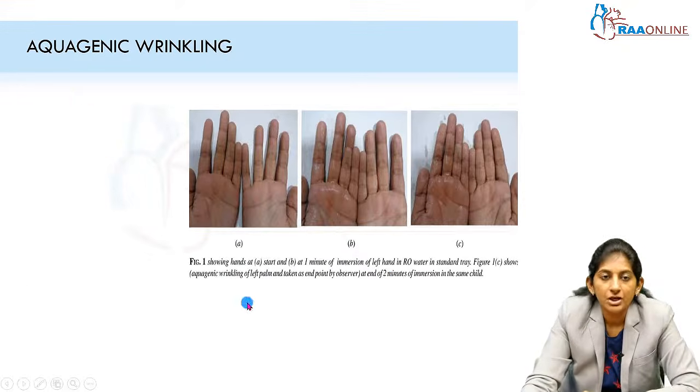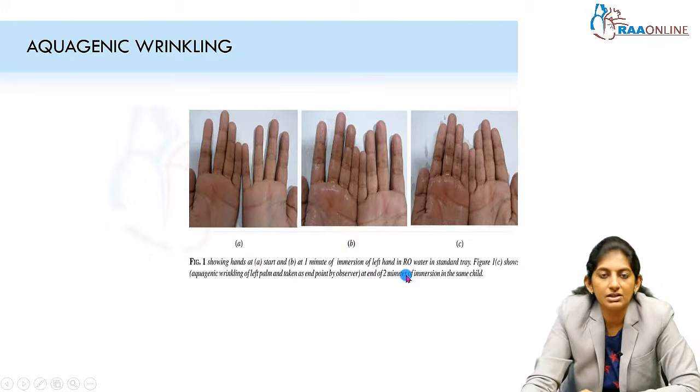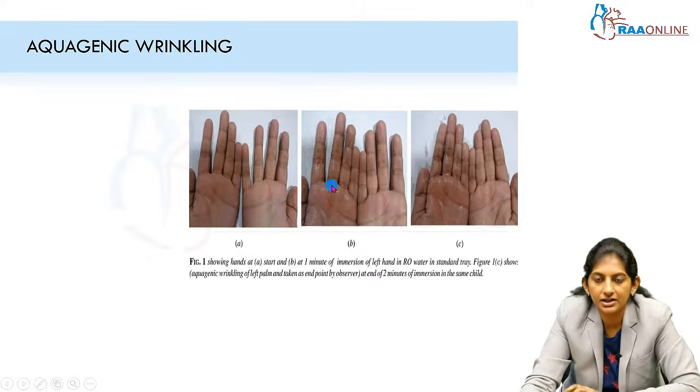cystic fibrosis. So I talked about this aquagenic wrinkling test. Aquagenic wrinkling is basically a screening test, an inexpensive screening test. Initially, this is the baseline: the child's hands at start. Then you immerse one hand alone in water, in a standard tray, for 1 minute, and you have to keep looking at the child's palms